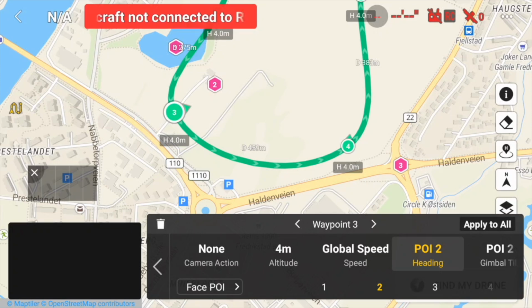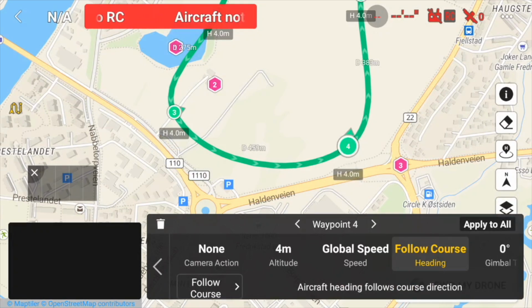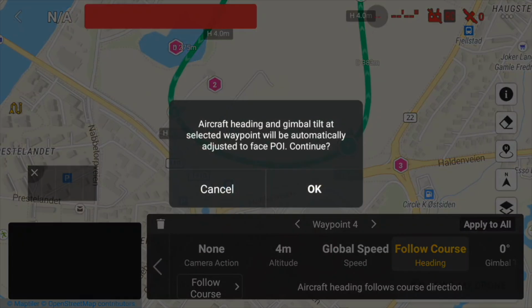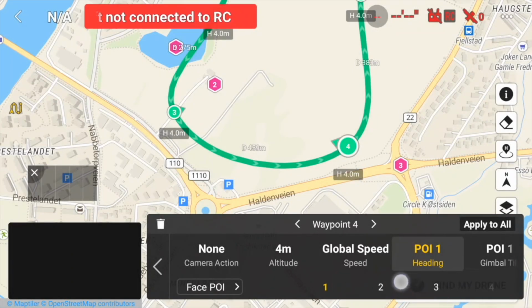So then we choose waypoint number 4, follow course, face POI, and there we scroll to the number 3. Then the drone from waypoint number 3 to 4 will slowly tilt the camera against point of interest number 3.